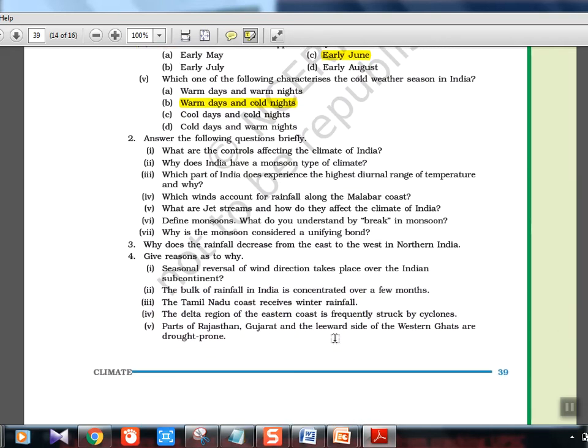Actually, it is how UPSC forms statements, as I told. What are jet streams? They'll ask like this only. What are jet streams? How do they affect climate of India? Or they'll tell like, jet streams affect India, elaborate. They'll just twist it in such a way that it looks like a UPSC question. Basically, these are all NCERT questions only. So if you solve NCERT questions alone, buy a guide or local guide of geography of that class and solve the questions, you can easily score huge marks in mains questions.